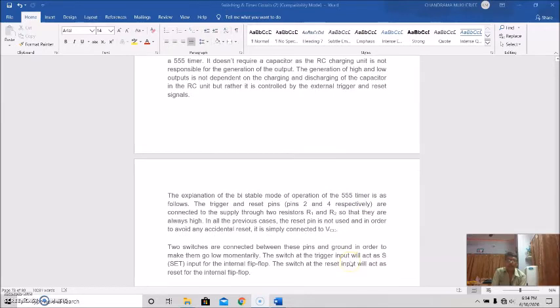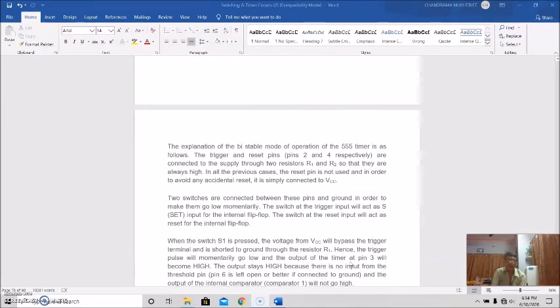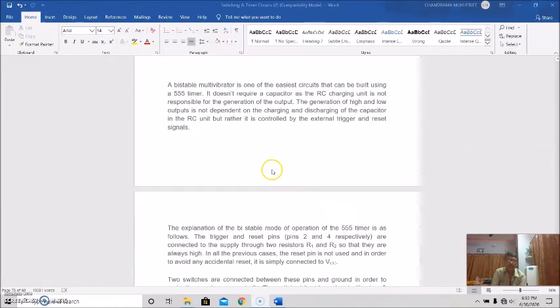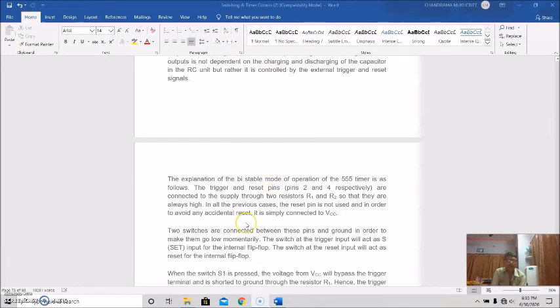So the circuit can be explained in this way. Trigger and reset pins, that is pin 2 and pin 4 respectively, are connected to the supply through two resistors R1 and R2. Here it is shown. This is pin 2 and this is connected to this supply VCC,